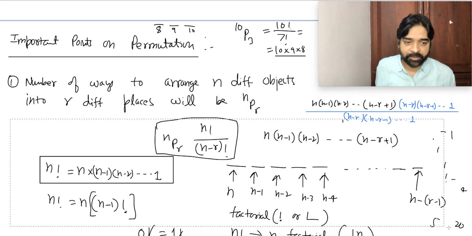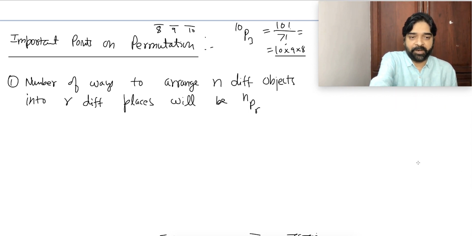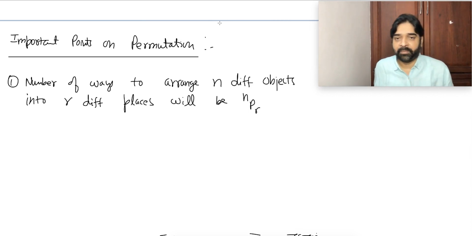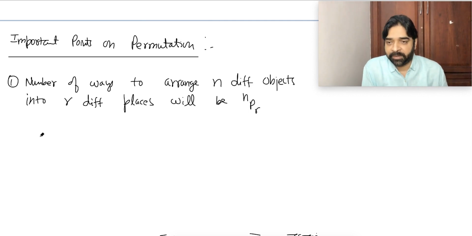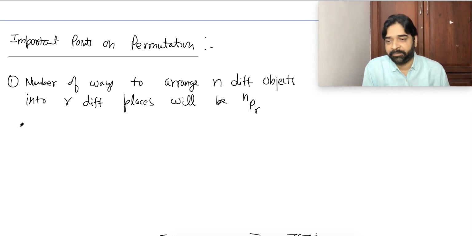Going ahead, these formulas, please refer a little bit to your NCERT book or any other basic book for calculation of NPR. This type of calculation you should practice. The number of ways to arrange n different objects taking r different places will be NPR. Second,